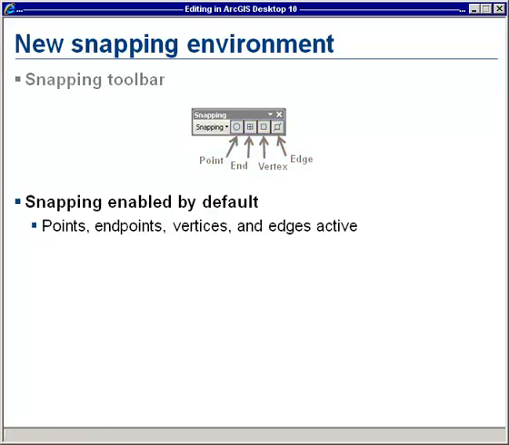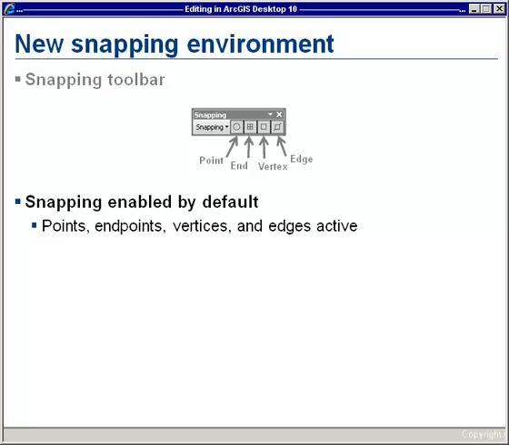We can turn off any type of snapping that we don't need, but all the snapping types are enabled by default, and also snapping is enabled by default. So as you've seen in the demo, we can also set the snapping tolerance. We do that here from the snapping menu, go to the options,